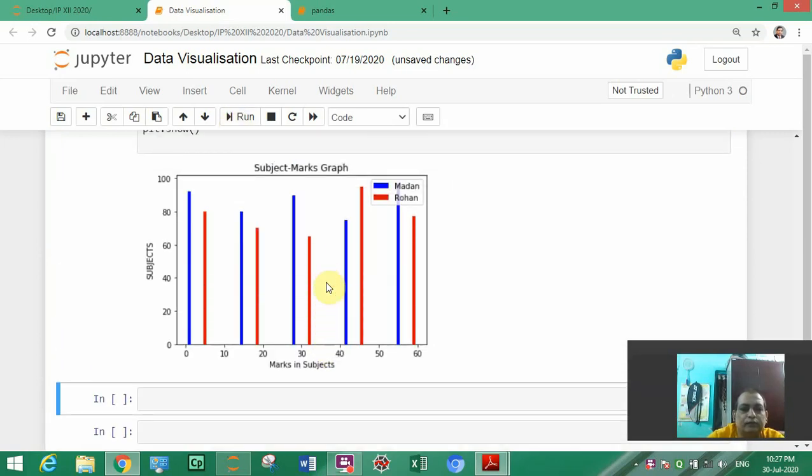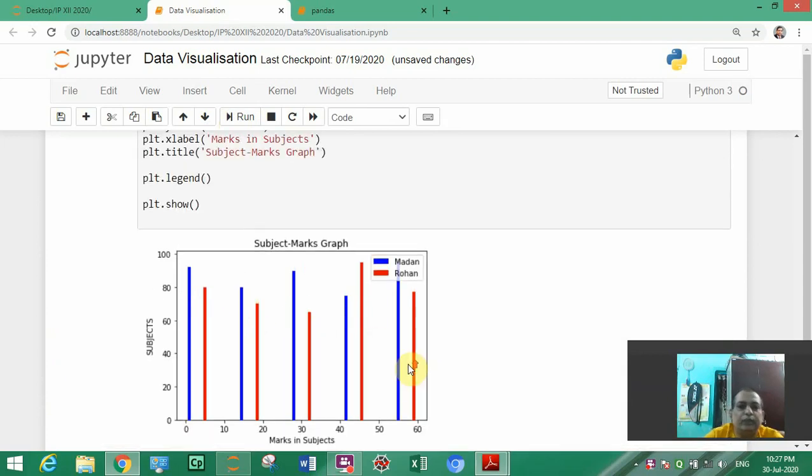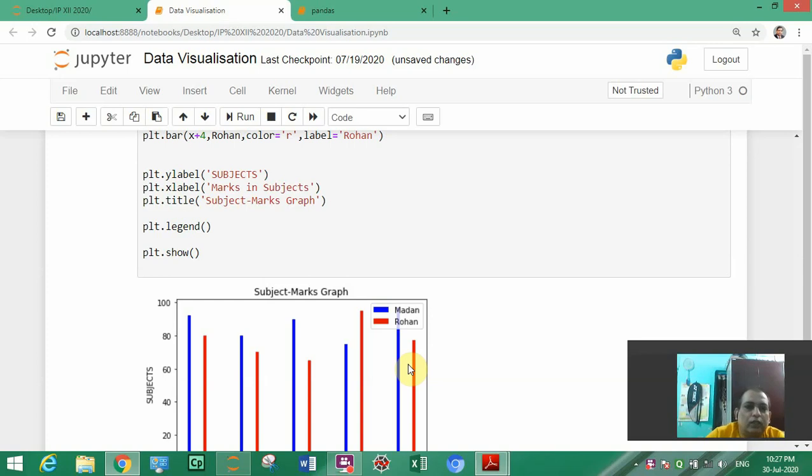See, so blue is representing marks of Madan and red is representing marks of Rohan side by side. The width of the bars and all you have seen in the previous video, so that also you can utilize for this purpose.